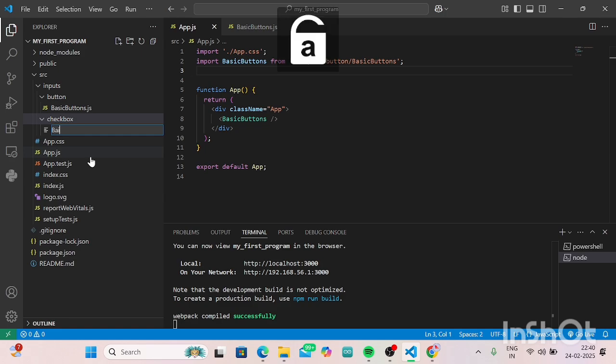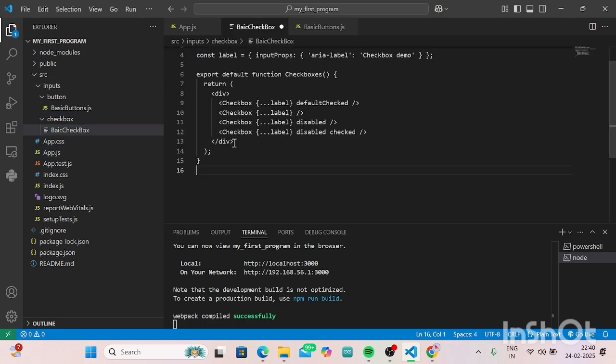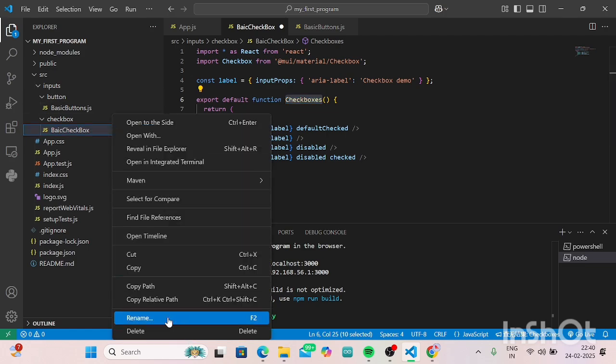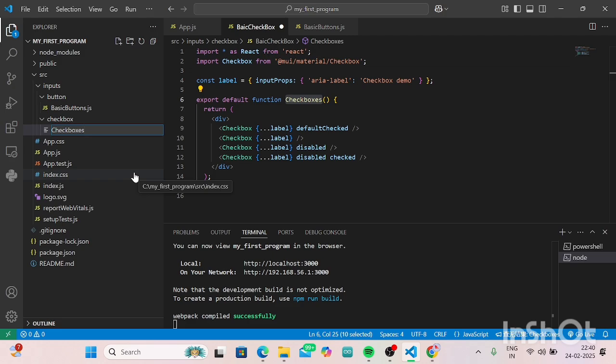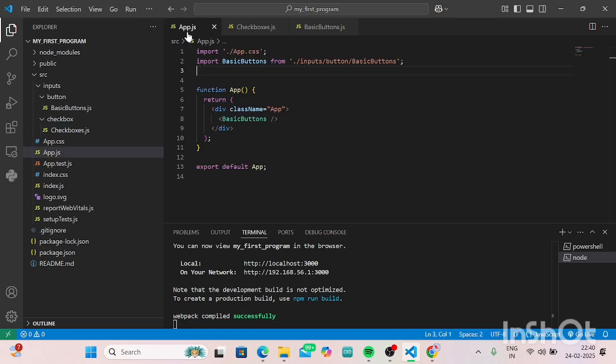basic checkbox. Press enter and paste into it, and this name should be the same as the default function. Copy the name, rename the file as checkboxes.js and save it. Now go to app.js,